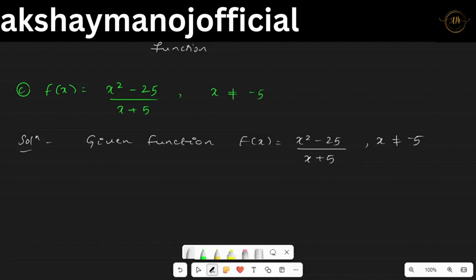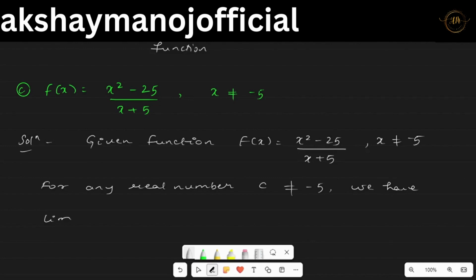So you just write it as such. That's your first step. Next, for any real number c, I'll take c now, for any real number c not equal to minus 5, we have